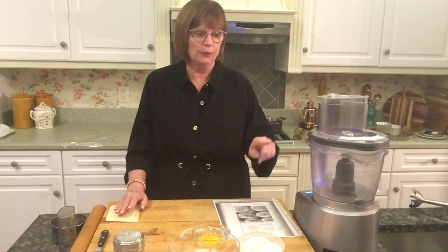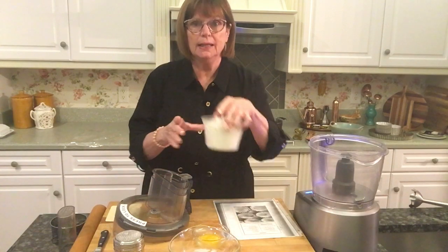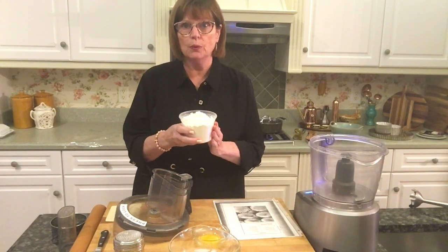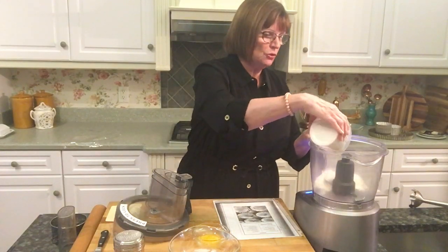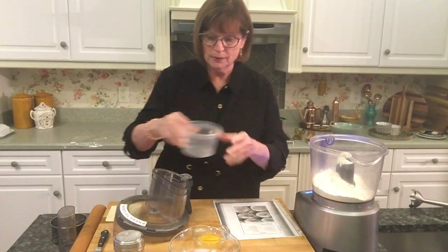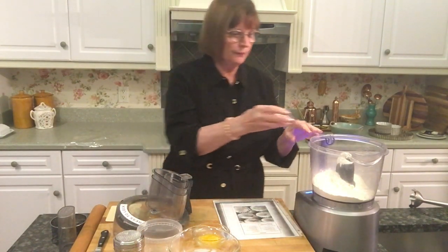The first thing that we need to do is to make our tart dough, which is very simple. You can even use your food processor, you can use your KitchenAid, or you can do it by hand. Whatever you prefer in making a tart dough. So the first thing we want to do is put in our flour. We have 1 3/4 cups of all-purpose unbleached flour that's going to go into our food processor. 1 teaspoon of Diamond kosher salt,